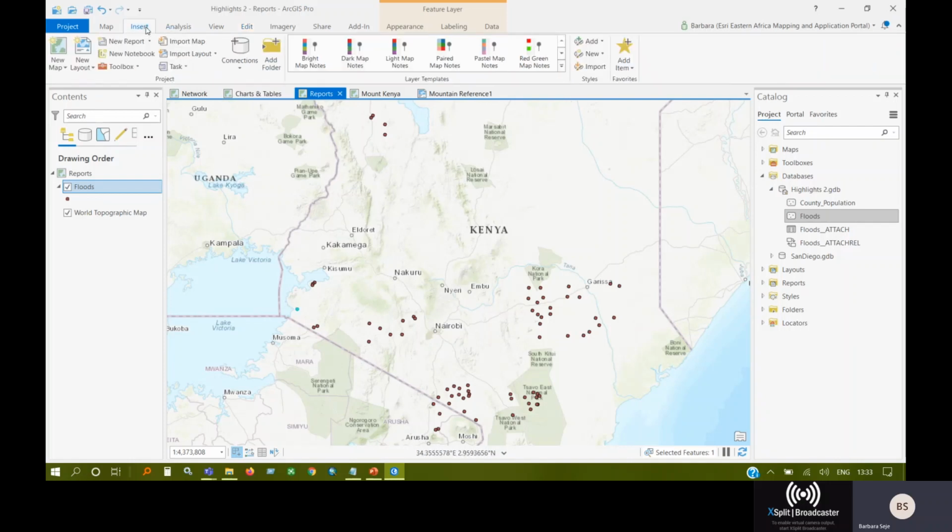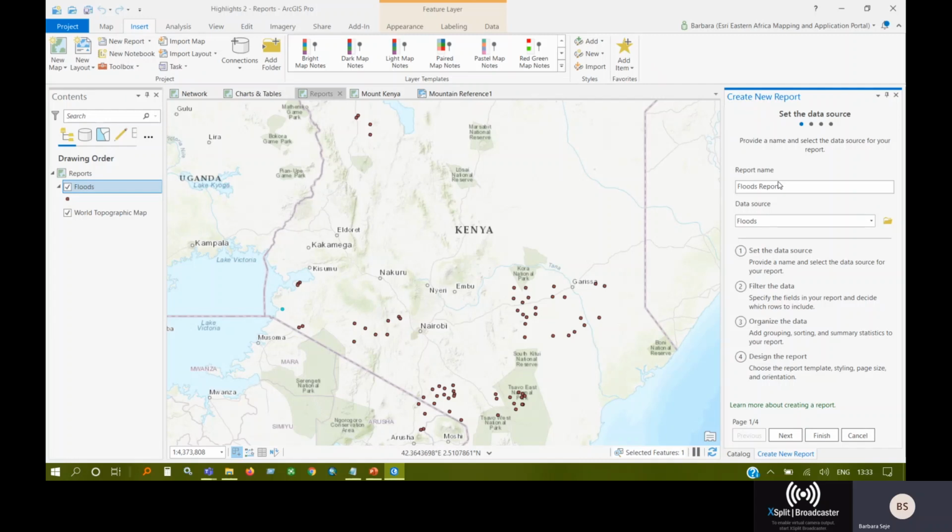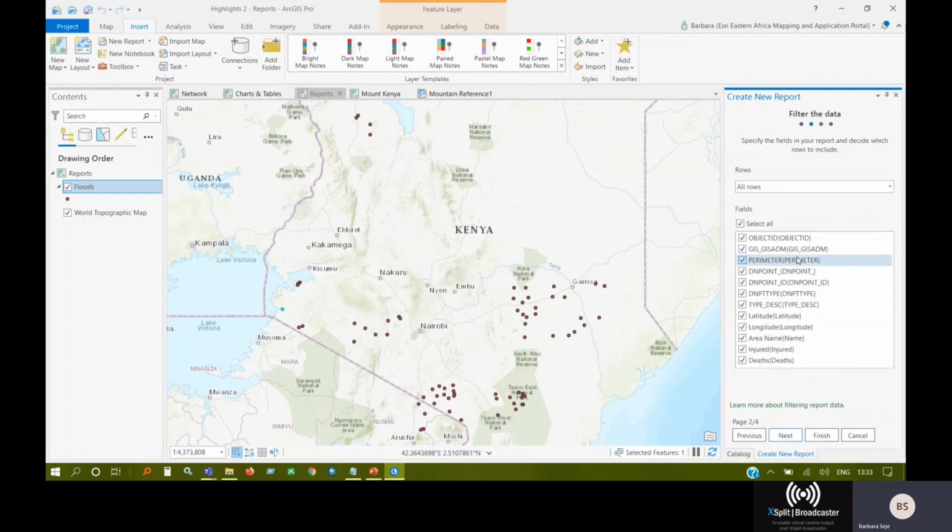This is as simple as going to Insert. Then from there I click on New Report. On my right, it's loaded. So, floods report, yes, the data source is floods, and then it gives me a step-by-step of how to go about it. So just go to Next. This is page 2, and it tells me to select the rows that I actually need. I don't need all rows, I just need selected,